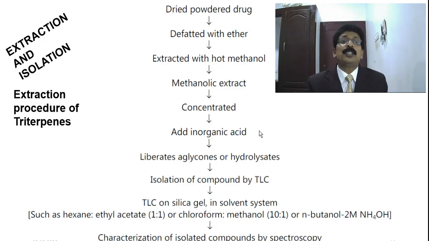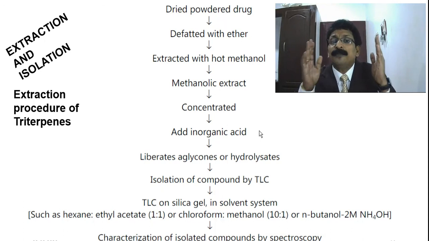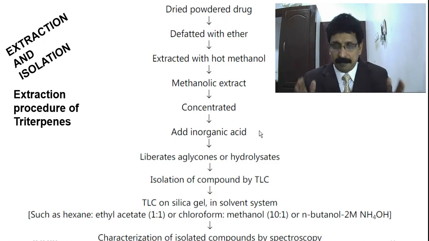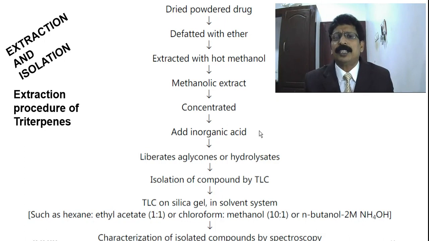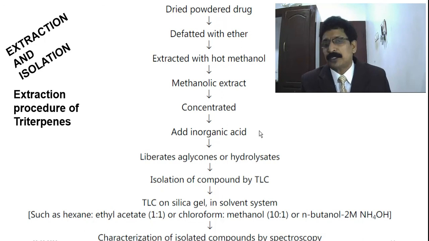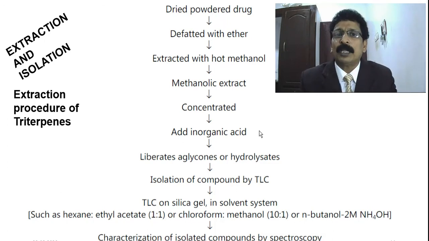And now we are coming to extraction and isolation. This is also a very simple experiment which can be carried out in general. But when you go to certain plants, when you are working with specific plants, the procedure will be slightly different. Understand, we have to add various chemicals and even some procedures might be slightly changed. But this is the general procedure. If you know that, anywhere if you forget also, you can follow this general procedure for any type of extraction, isolation and characterization. How they are done from the natural source is very important for the student.